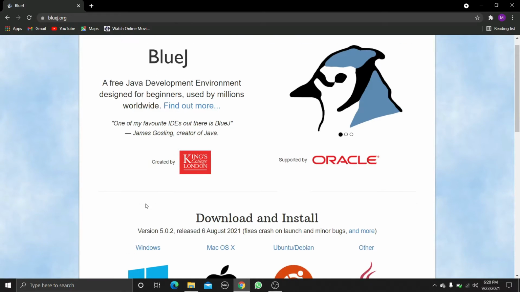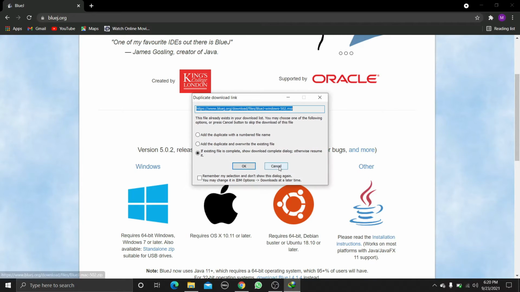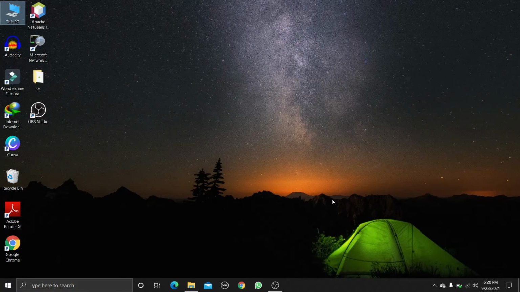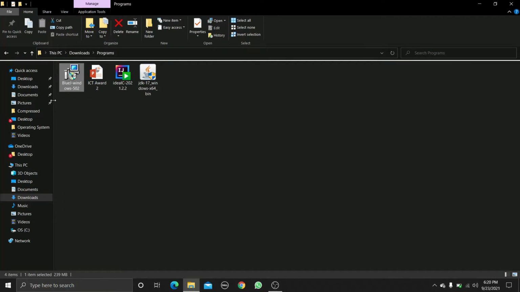And now drop it down, and you can see the Windows option, Windows icon, and just click on it, and your download will start. But I already have downloaded, so I won't download it again. So I will just cancel it. And now we have moved in the folder. In this folder we have downloaded. So here we have BlueJ downloaded, and it looks something like this. So you just have to double click on it,